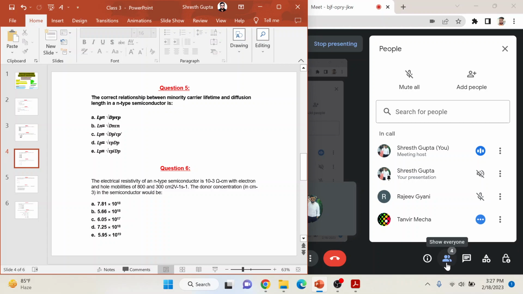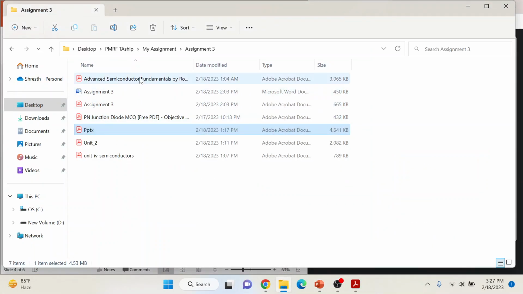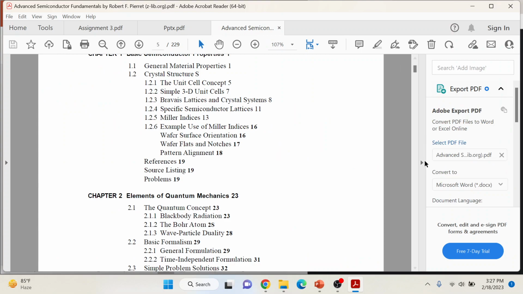Yeah, Tanvi, you want to say something? No, sir. Okay, let me show you this book also. It's a very nice book. In the meantime, if you are taking some time,